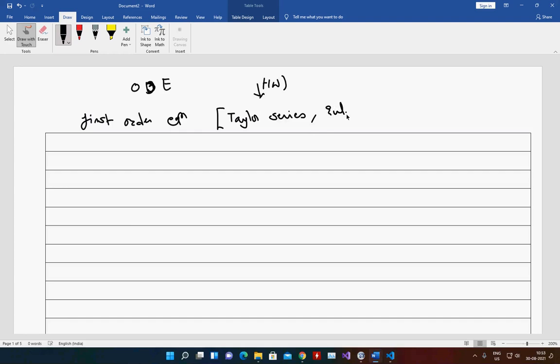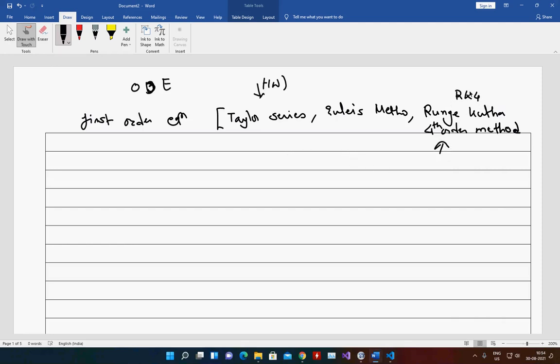Then we have Euler series method, then we have Runge-Kutta fourth order method, okay, so commonly called as RK4.